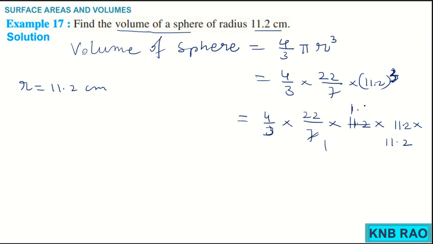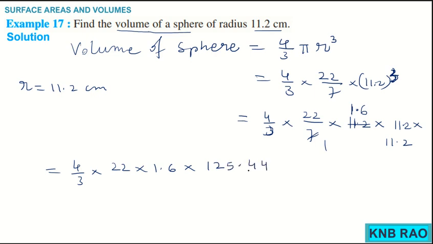So, 7 6 are 42. So, with 1.6 times 7, 11.2 comes. Now, we will multiply 4 by 3 into 22 into 1.6 into this 11.2 multiplied by itself gives you